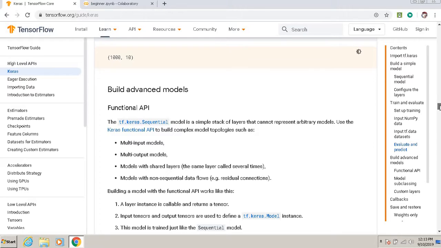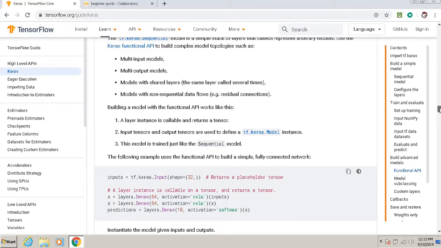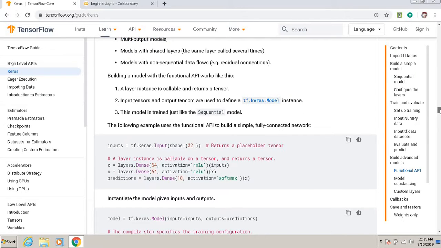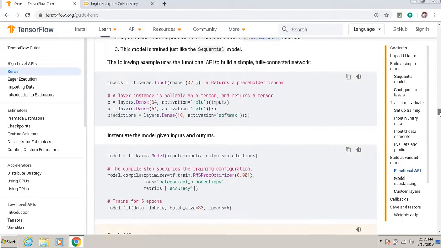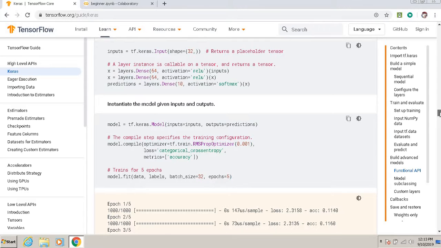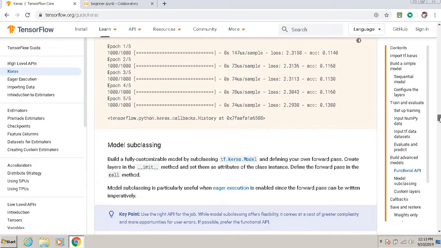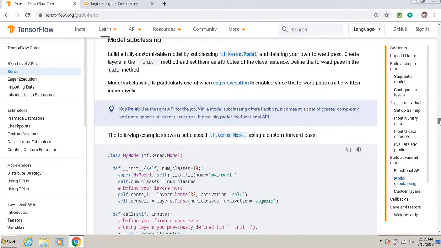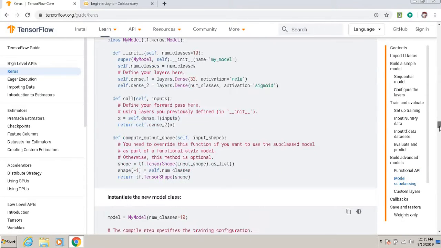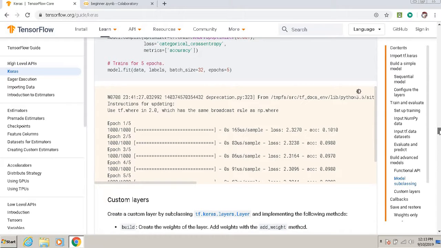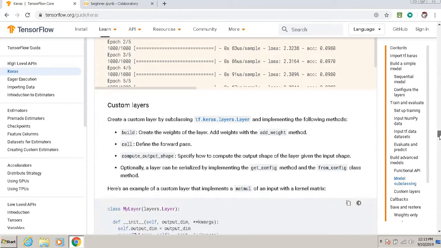If you want to build advanced models, you have to instantiate a model with some inputs. The basics are the same. The only thing is how many layers you use for that. You can try with different layers.